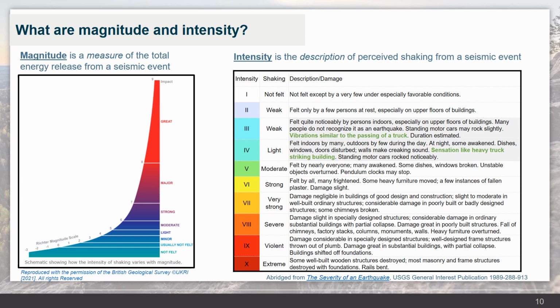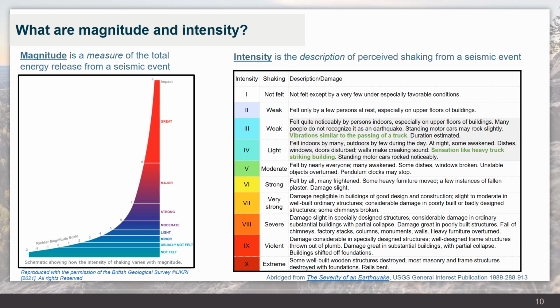The effect of a seismic event on the surrounding area is intensity, which is a description of how much vibration someone perceives. The image on the right provides the intensity scale, referred to as the modified Mercalli scale. Depending on the description of a seismic event, the specific location is assigned a number from 1 to 10. The assigned intensity for an earthquake varies and decreases as you move away from the epicenter.